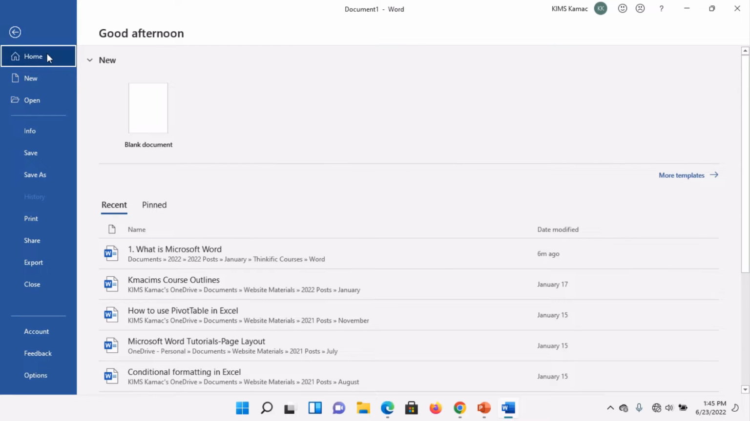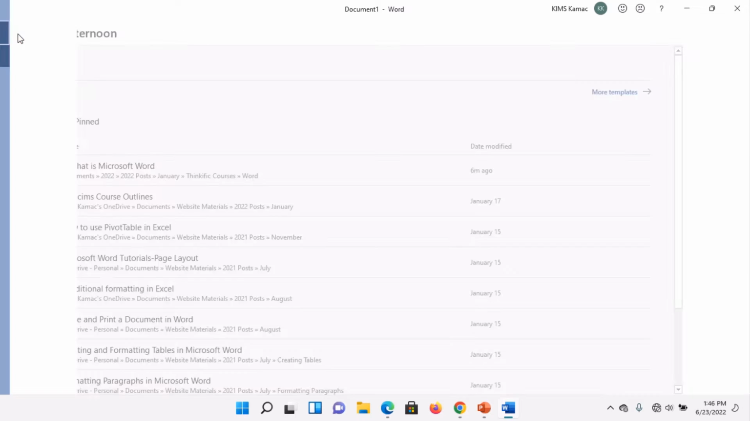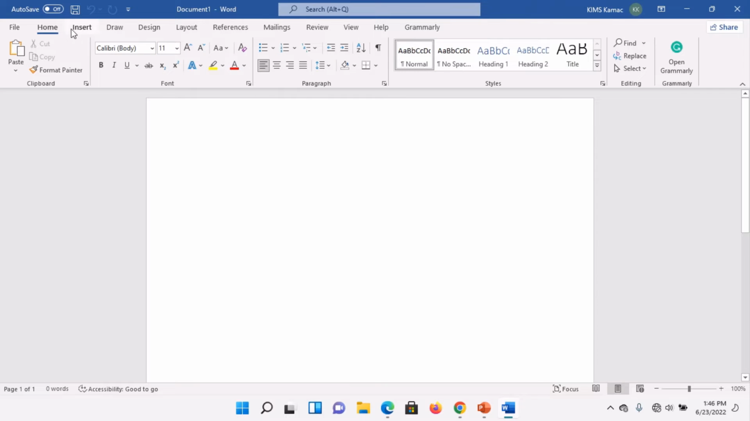The file menu usually reveals where you can create a new document, open old documents, save your file, share, export, and close the document. It also has the command tabs, which include the Home, Insert. Here we have Draw, Design, and so on and so forth. It also has